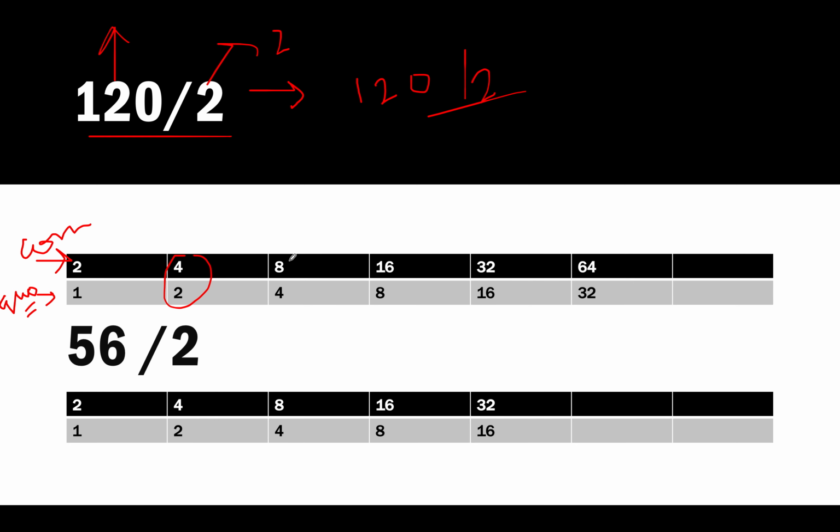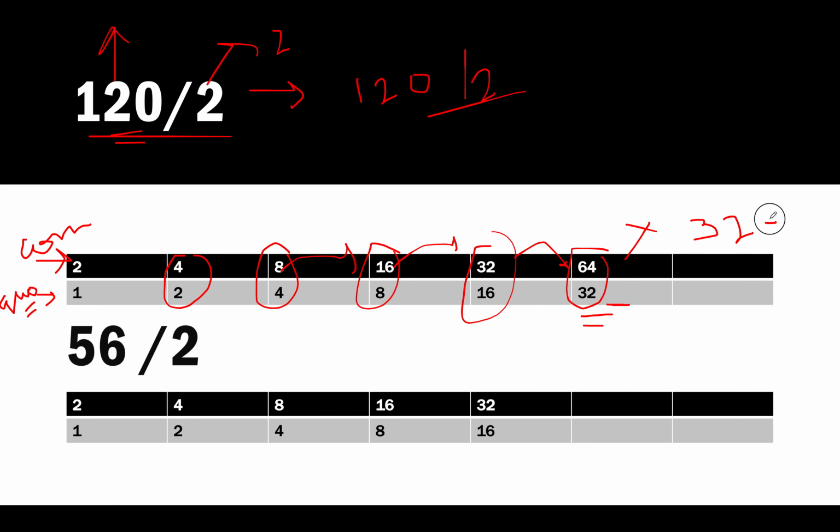We then have 8. 8 is less than 120, we double the value. Then we have 16, then 32, and then 64, we double the value. And 64 into 2 is 128, which is greater than the original dividend given to us. Therefore we can't double the value, we'll stop the process. And the quotient count becomes 32. So far we have got 32 as quotient, and we have got 64 as a value.